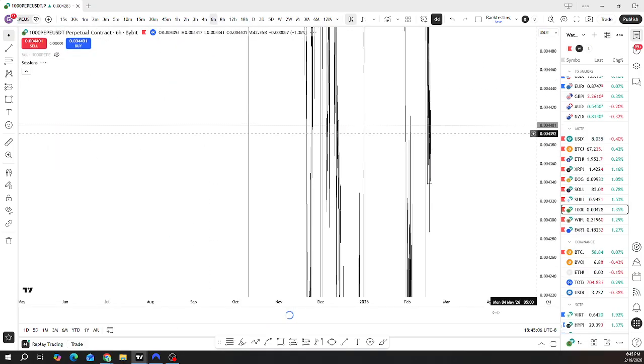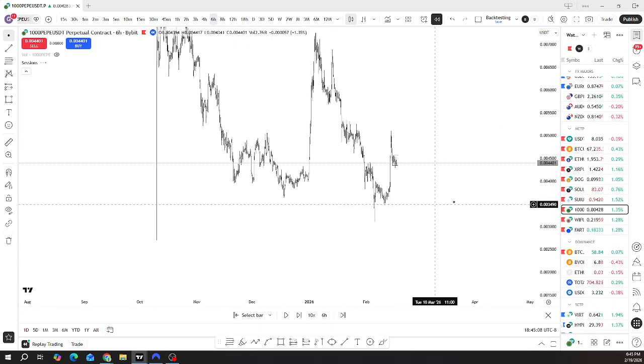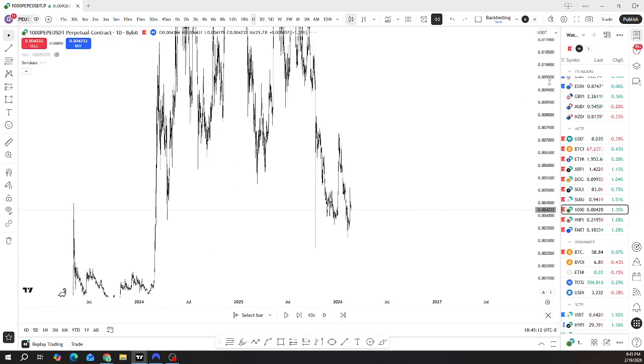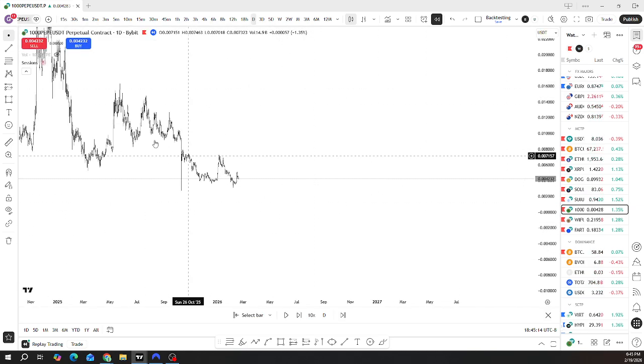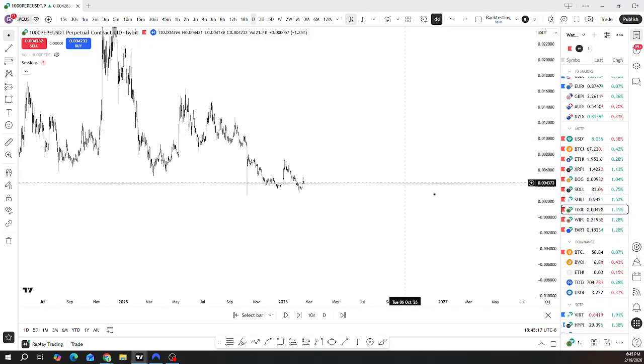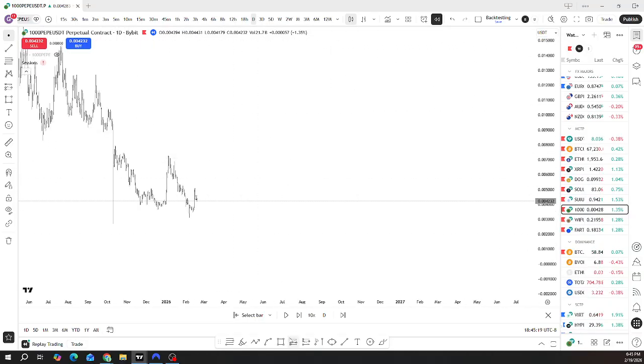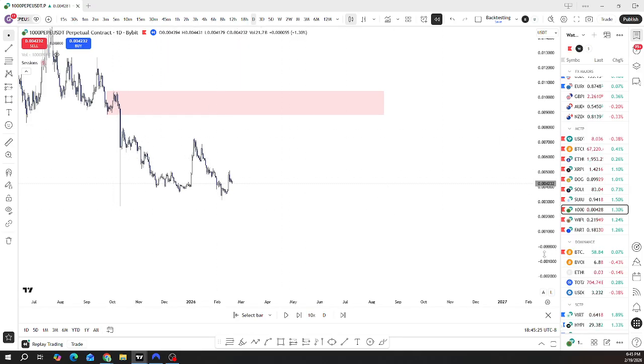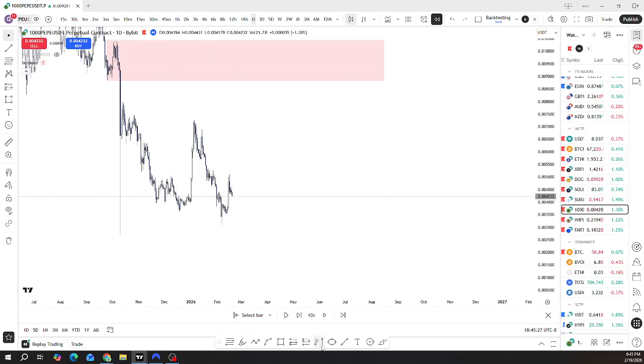Let's actually cool off for a second and go over the higher time frame context on PEPE. So we had been trending down, leaving lots of buy side liquidity above on the high time frame before getting that pop down, which we never exceeded that high of that aggressive move down. But from there we did create lots more buy side liquidity, creating a good buy side liquidity target there,